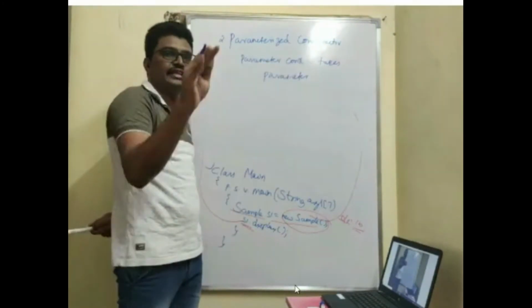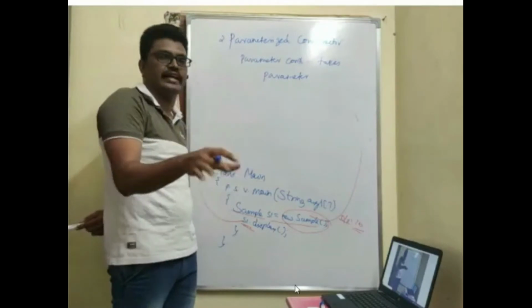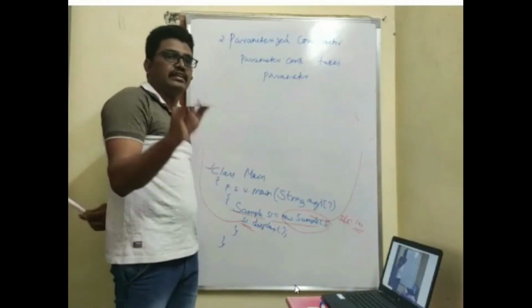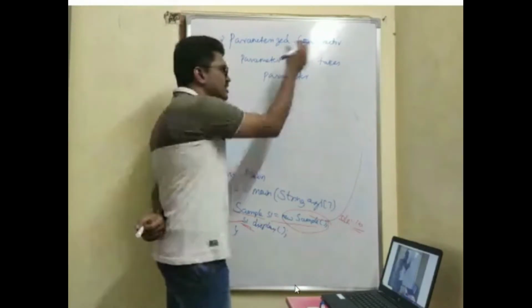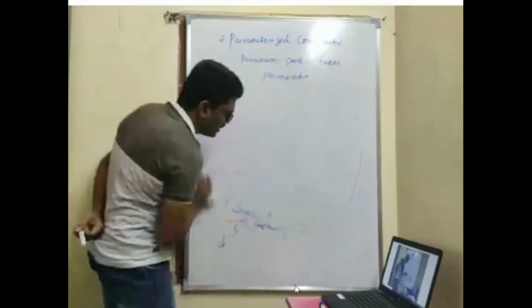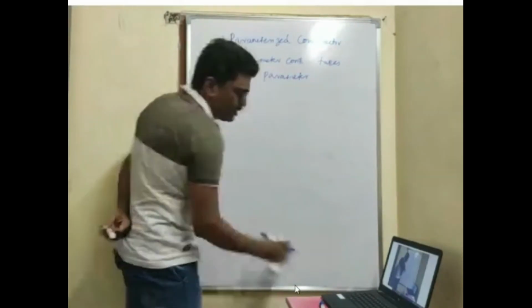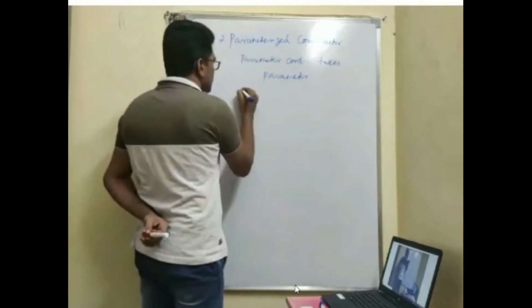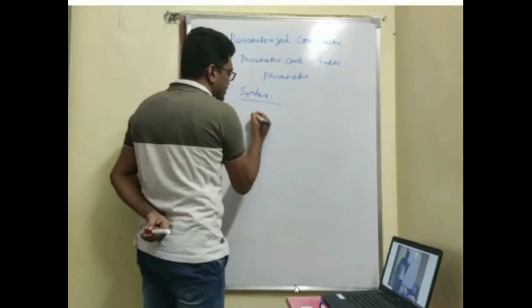But there is no rule that it should have 3 only. If you don't have 3, you will not get an error. It is nothing like that. But normally what happens is, since our main purpose of writing a constructor is to initialize the class variables, normally the number of variables and the number of parameters to the parameterized constructor will be equal.